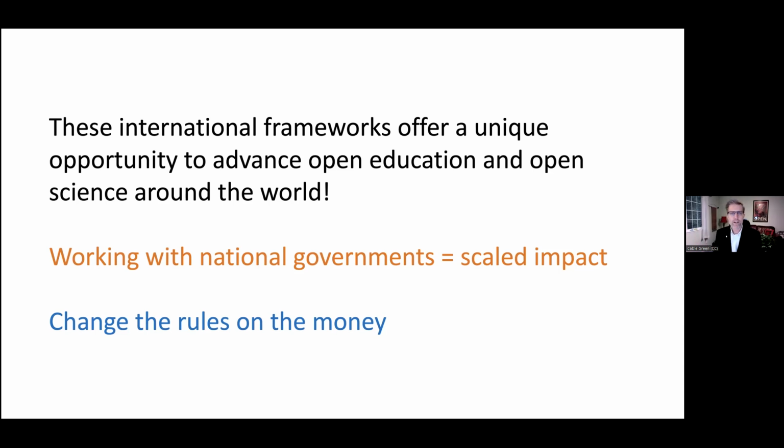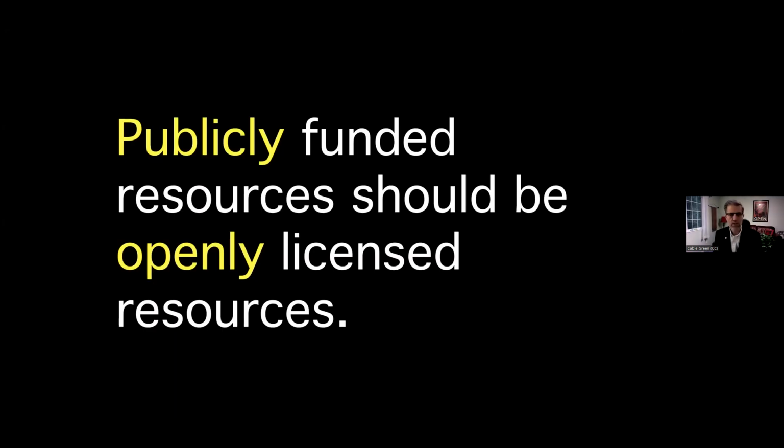And so one of the many actions in both these recommendations is to change the rules on the money around education resources and around science and in particular scientific research. And the core idea, and Creative Commons helped write both of these recommendations with international coalitions, one of the core ideas that's in both of these recommendations is that publicly funded resources should be openly licensed by default.